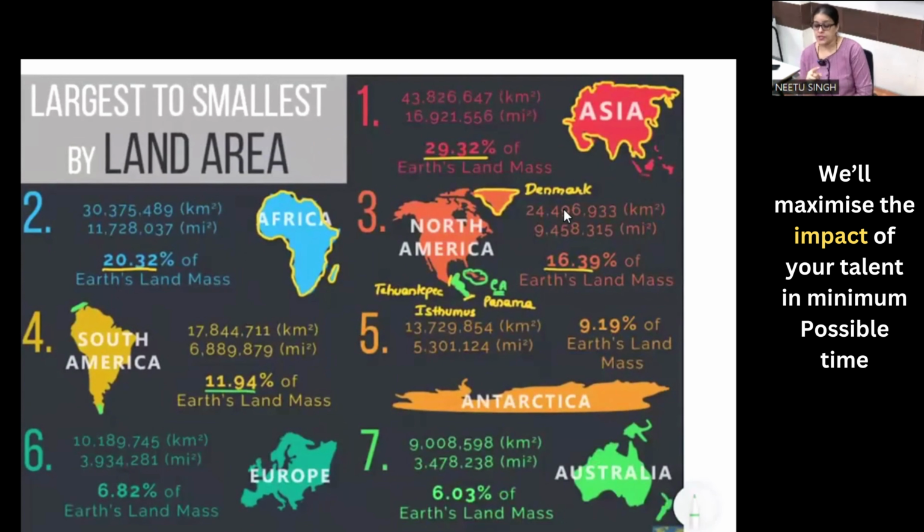Africa, the second largest continent, including Madagascar and all other smaller islands. I'll talk about that later. That is the reason I've not talked about Southeast Asia. Then I take reference of North America. North America by default includes Central America to be the third largest continent of the world. Then comes South America. After this, when I talk about the fifth largest continent, it is the uninhabited continent of the